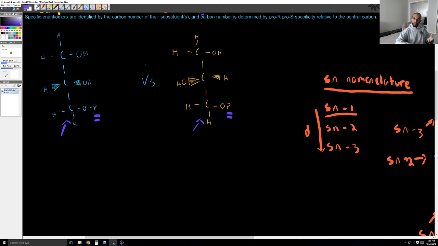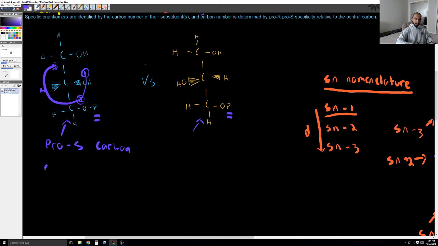So let's just go through the same procedure we did before. We start at the central carbon, and we go 1 for the OH. And let's try just promoting the carbon that has a phosphate on it. So this will be 2, and this will be 3. And let's move through a rotation here, and don't forget this is a hydrogen. Okay, and we find that we have a clockwise rotation, and the hydrogen is in the front. And as we said before, if we have clockwise with hydrogen in the front, that is S configuration. So this is an S configuration. That means we promoted the right one, and this carbon is the pro-S carbon,